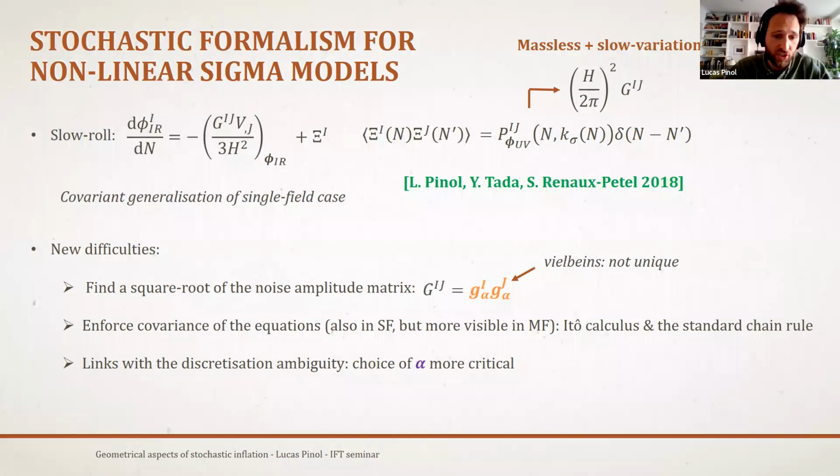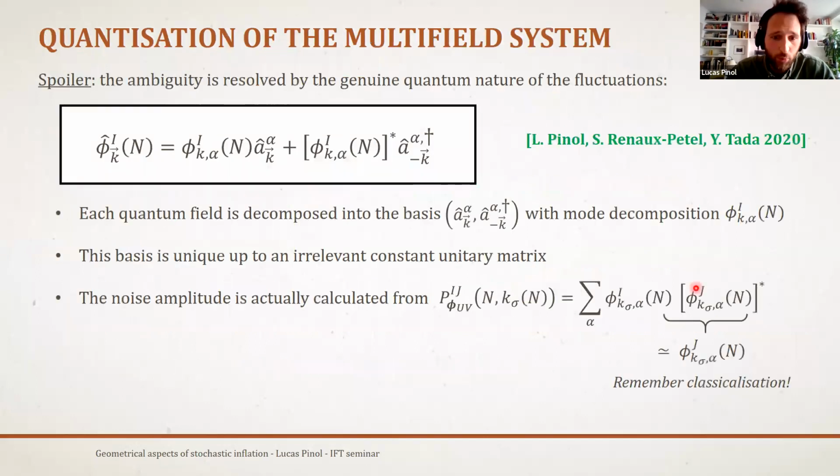Well, the answer is that in Stratonovich, yes, you will get different physical results. So you better have one more motivated than the other ones if you want a square root matrix. And this is basically what I explained: actually there is one which is more motivated than the other ones, contrary to what we could think naively. And this is just the mode functions themselves, because you don't have the choice to compute this power spectra. You need to use the mode functions. So there are the field binds that you are looking for. You can make other choices, but then you cannot compute the noise. So it's a bad choice. So you have only one choice, so there is no ambiguity. That's the reasoning. Okay, thanks.